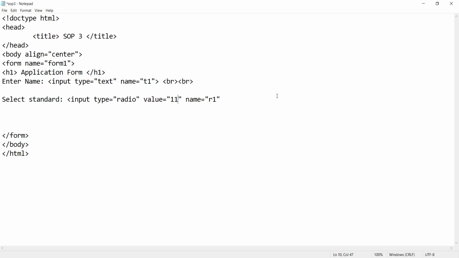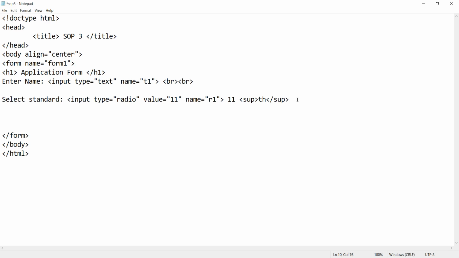Then after that I will close this radio button, and after that we have to display 11th text. Okay, so we will type it as it is. Now there th will be in a sup tag, sup th, sup close.